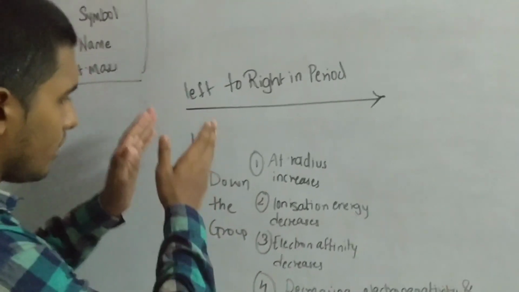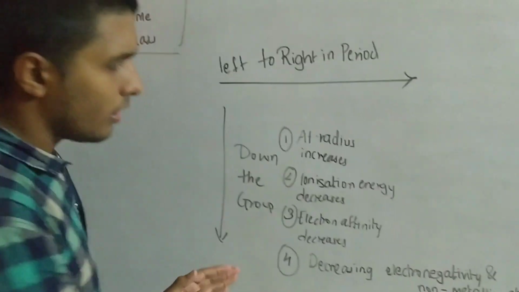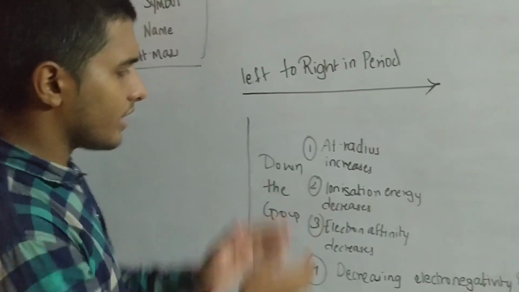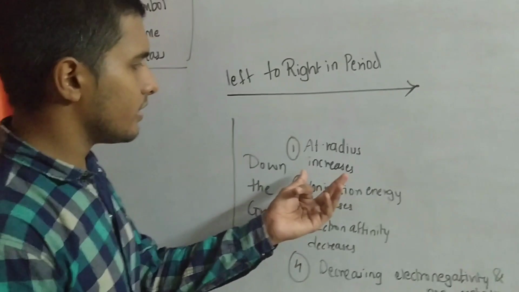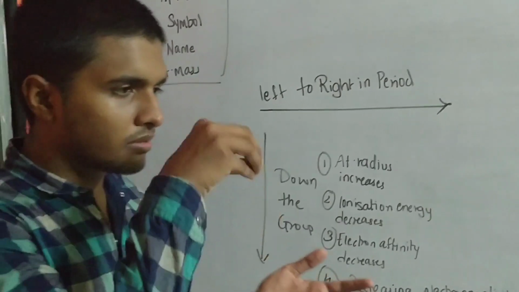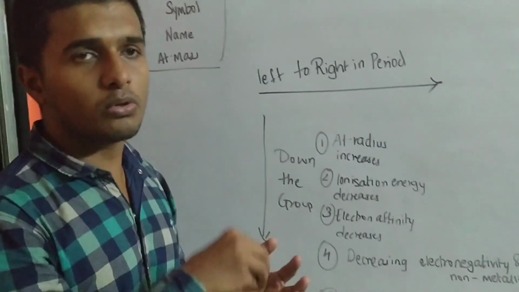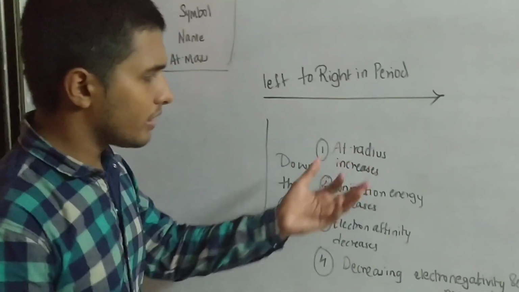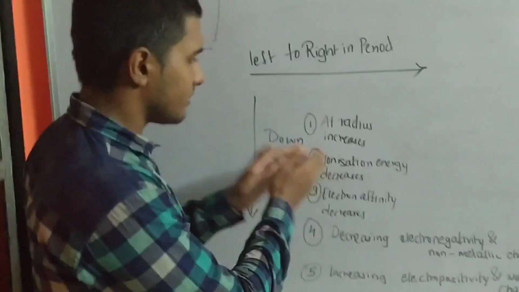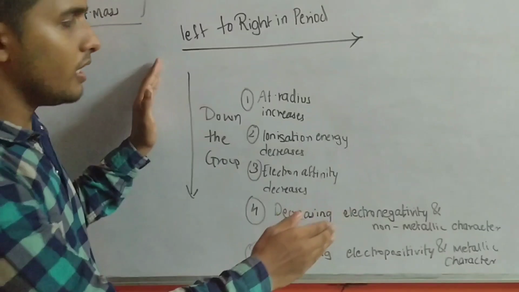So now we will move to this particular part. I have written it only for one thing; it is the opposite for the period itself. When we go down the group, I have written here what all things increase and decrease. So first, what is increasing is atomic radius. So what is atomic radius? It is the distance from the center, from the nucleus of an element, to the outermost orbit. It is atomic radius. So atomic radius increases down the group and it decreases while going from left to right in a period.